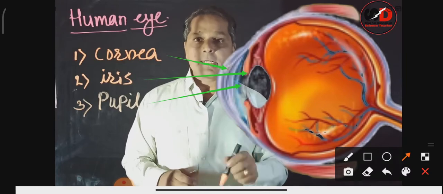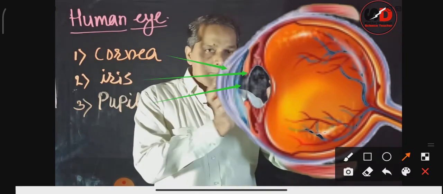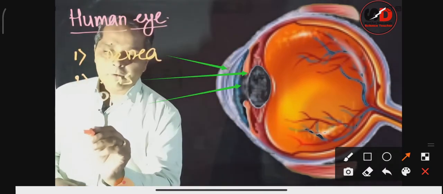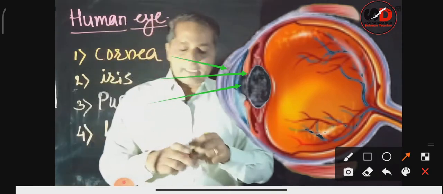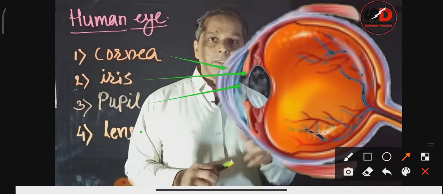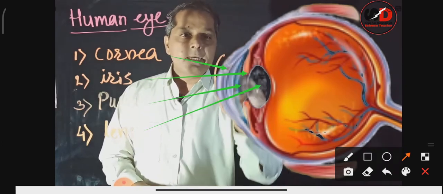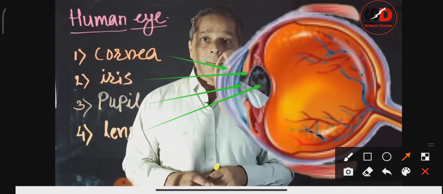The next organ which we are going to see, just behind the pupil, is a crystalline organ which is called the lens. It is a crystalline biconvex lens which is present in the human eye. You can see this type of shape, the eye lens.